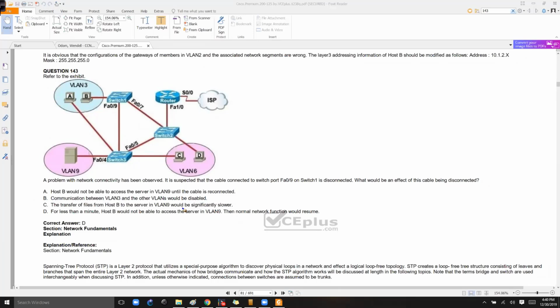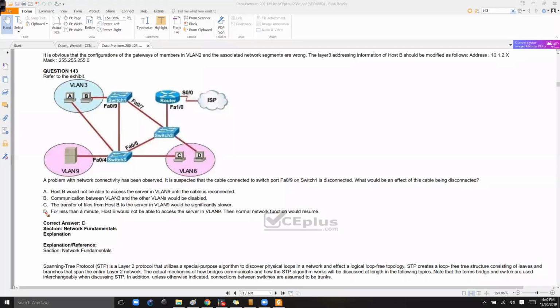And the transfer between the host B and the VLAN 9 will become slower. So it doesn't go slow, because if you see, if this link fails, basically it will still communicate from this side, and there's no point of slowing down, because switch networks basically work with wire speed. So even if you're going directly from here or as per here, there won't be much difference in the transmission of the packets normally.